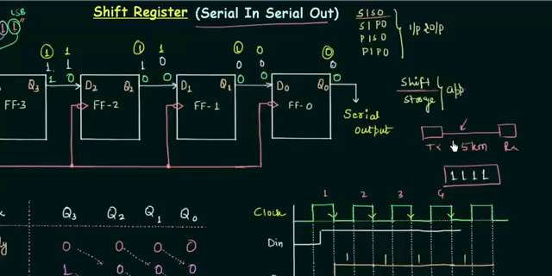If I want the parallel manner and I want to transmit 4-bit data, then I need 4 conductors, and the cost is definitely going to increase because the distance is large. 5 kilometers is the distance, and if I want parallel input, then I require 5 into 4, 20 kilometers of wire, whereas in this case I need 5 kilometers of wire. So it is beneficial to use SISO mode in case of long distance transmission. So this is all about the shift registers, and in the next presentation we will study serial